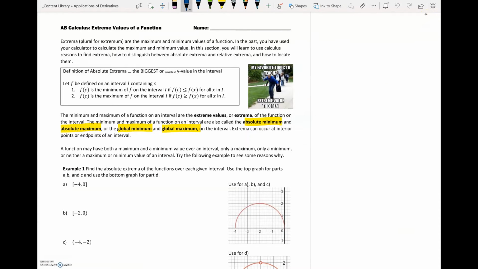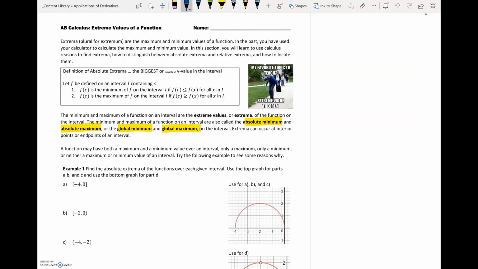Now that we've finished looking at different ways and tools of differentiating functions, we can look more deeply into the applications of derivatives. So the very first thing we're going to look at is extreme values of functions. This means we're looking for the largest y value or the smallest y value in some interval. These are called max and min values of a function. In particular, we're going to call them absolute minimum and absolute maximum if they are the extreme values of a